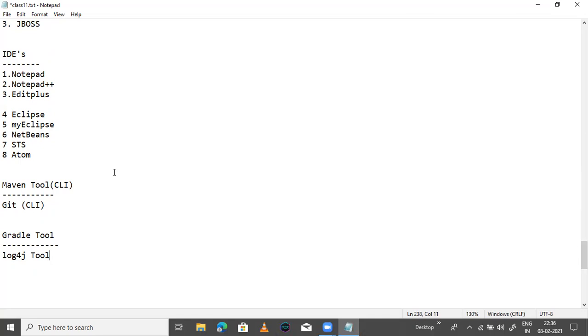I will teach the concept first, then show you the examples one by one. I'm focused more on examples, not on theory just for remembering, but for clearing the concept and for developing. You should know all these things, then you can develop a very good application. And also I will discuss an advanced Java project after completing this total syllabus.